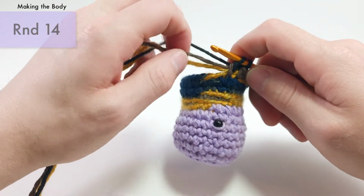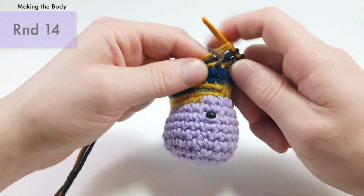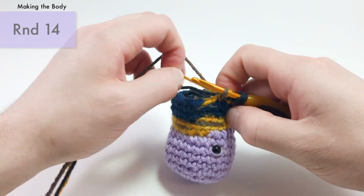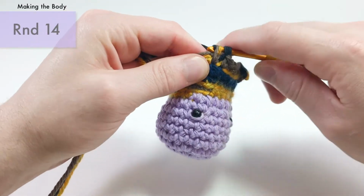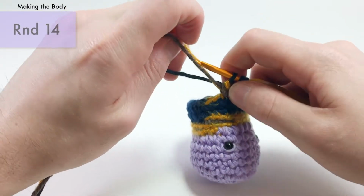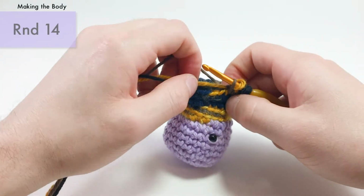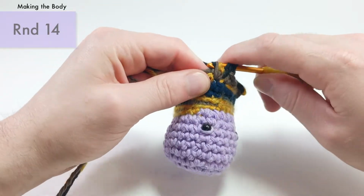Okay, next up, yarn over with gold yarn, switch to brown yarn, go into the next stitch, yarn over and pull through with brown yarn, pull that gold a little tighter, then switch to our black yarn, yarn over and pull through two with black yarn. We're going to do that again, yarn over with gold yarn, switch to brown yarn, go into the stitch, pull through with brown yarn, pull the gold a little tighter, switch to black yarn, pull through two with black yarn,